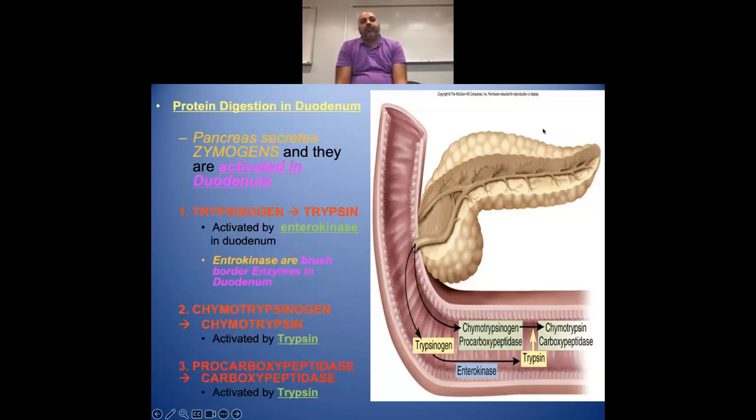Students trip out with this. Don't freak out. In the pancreas, same thing. We cannot release an active enzyme. It would consume us. So what do we do? We create zymogens. We release the zymogen trypsinogen. There is a brush border enzyme called enterokinase. He's our activator. He's our HCl in this situation. He turns trypsinogen into trypsin,